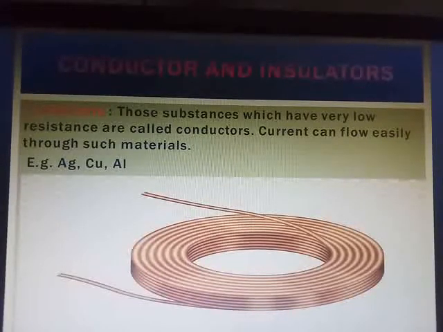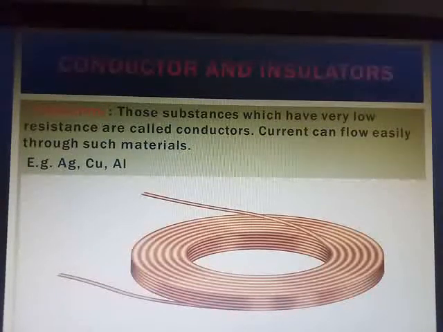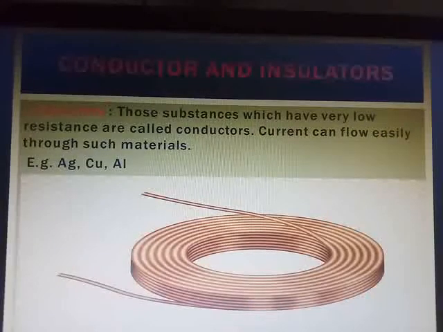Which are the examples of conductors? You know, in your houses you have the conducting wires, and outside, the one which you actually touch is the insulation of the wire. Inside that you have your actual wire, which is usually made up of copper. So the examples of conductors are metals. Usually metals are conductors. Aluminium, copper, silver, all these are different examples of conductors.